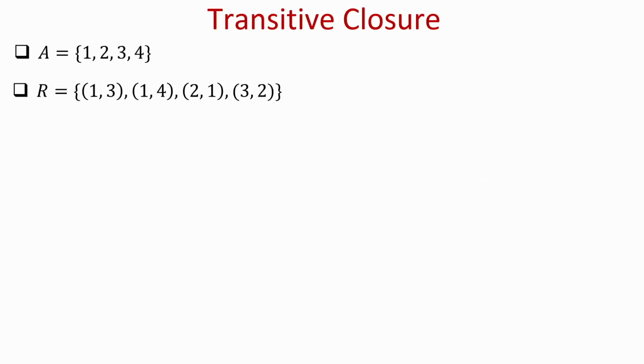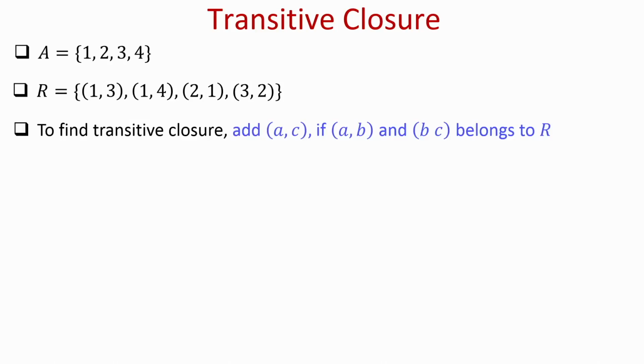So, it turns out that finding transitive closure is not that simple. Why so? Let me demonstrate that with an example. You might say that intuitively, to find the transitive closure, I add all ordered pairs of the form A comma C, such that A is related to B as well as B is related to C in the relation R,